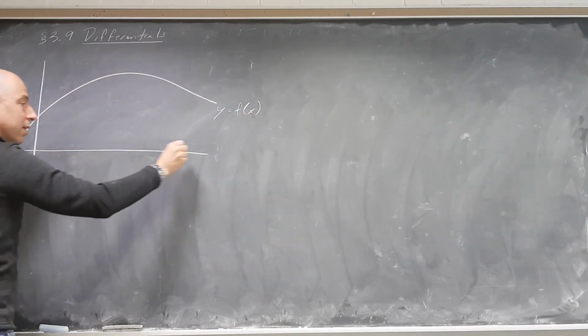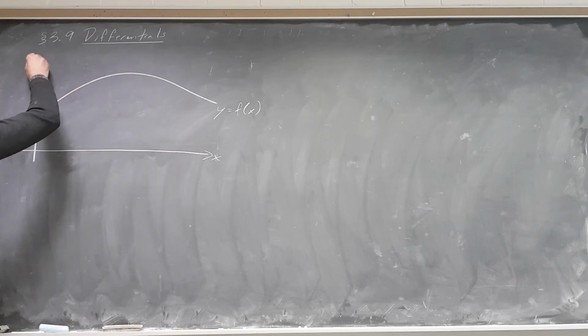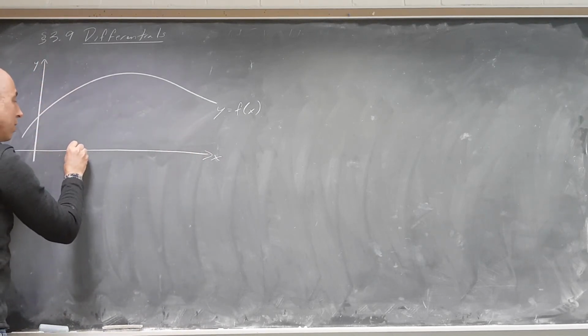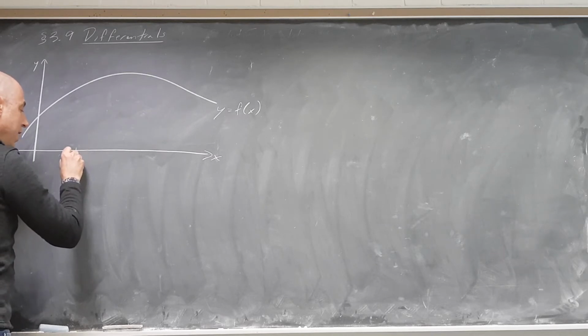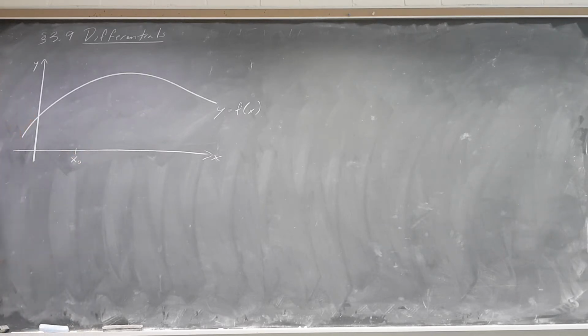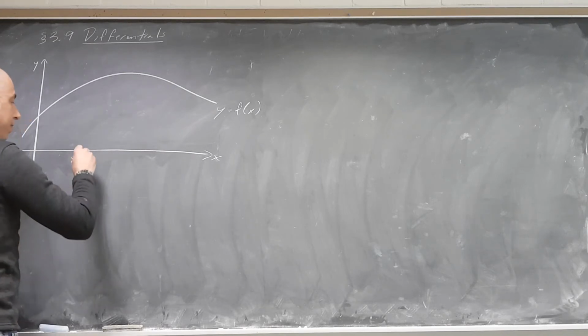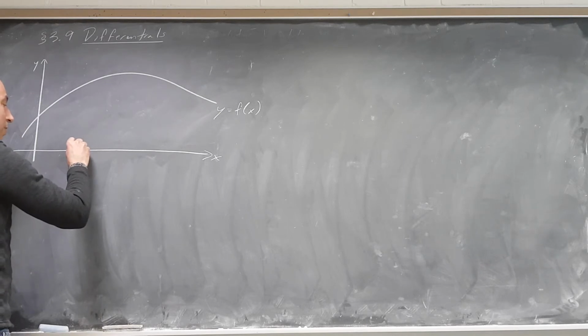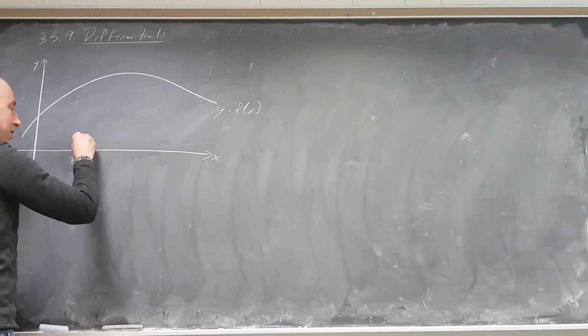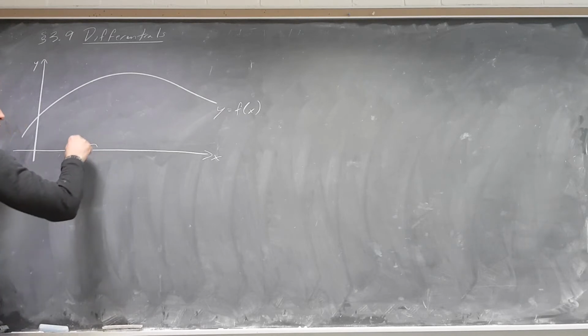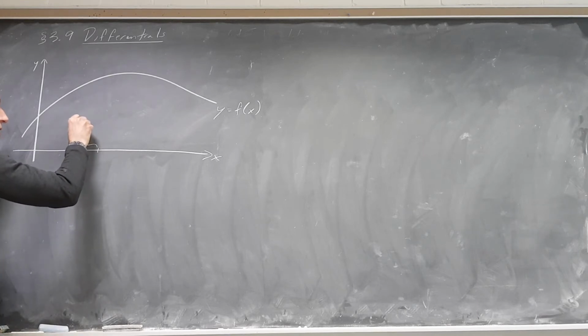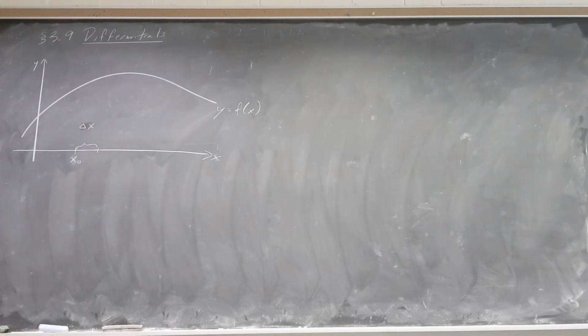And here's my x-axis, of course, and here's my y-axis. I'm going to consider a point on the x-axis, which I'll call x sub 0. And what I want to do is move over a relatively small distance, and I'm going to give this distance two names. I'm going to call it delta x. Delta is often used to mean change in, so the change in x, but I'm also going to call it